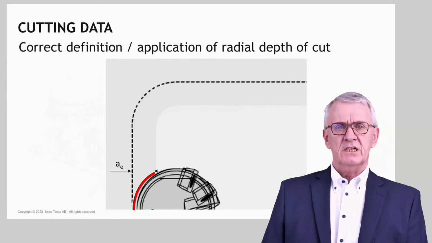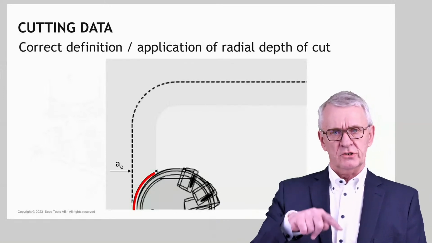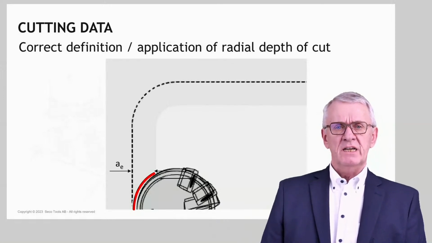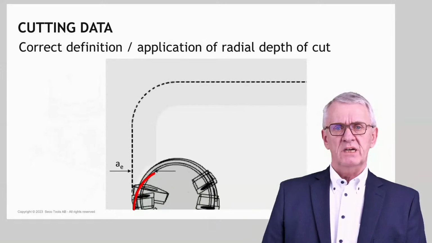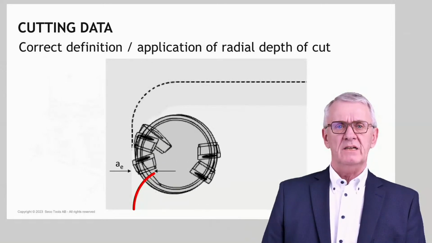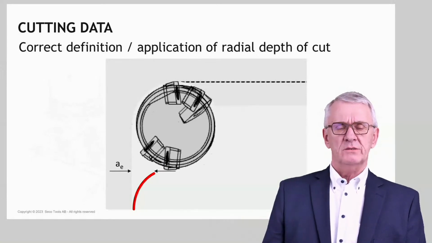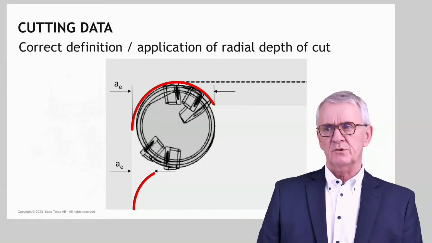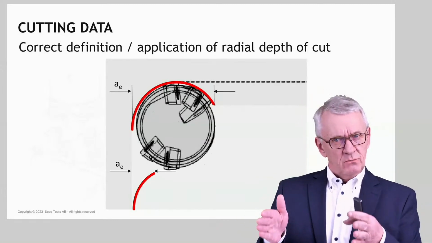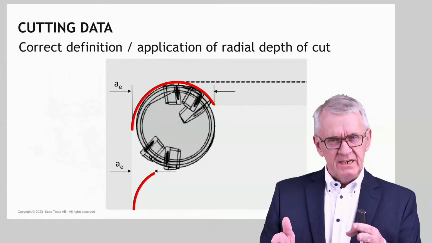I give you an example here. Imagine a milling cutter that is doing this dotted shape, and the milling cutter comes from below and is milling upwards. In the beginning you have a radial depth of a certain value, and the moment the milling cutter enters a corner, suddenly you are confronted with a radial depth of cut that is, in line with how it is defined,